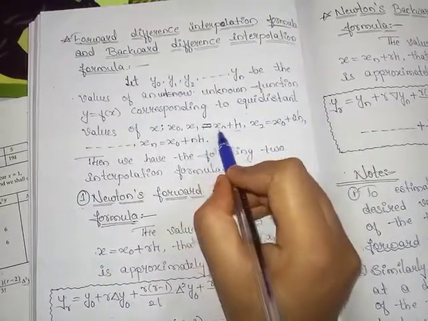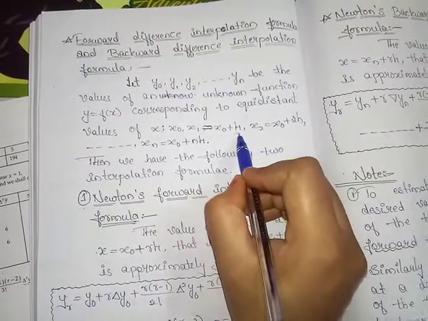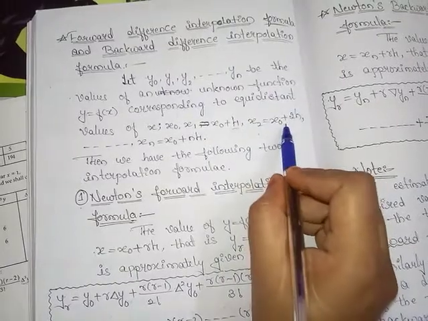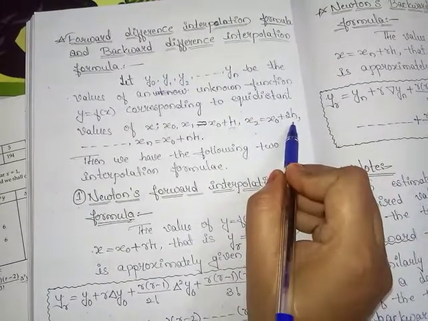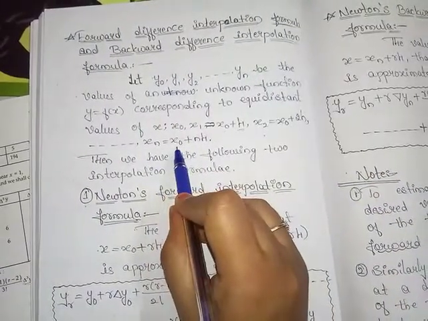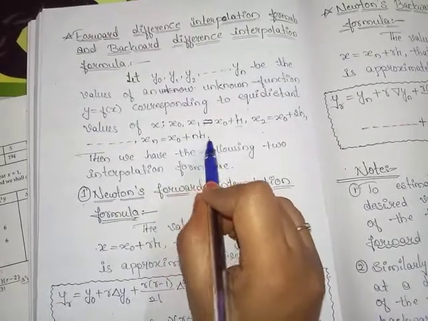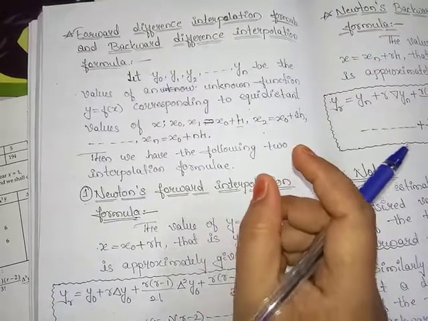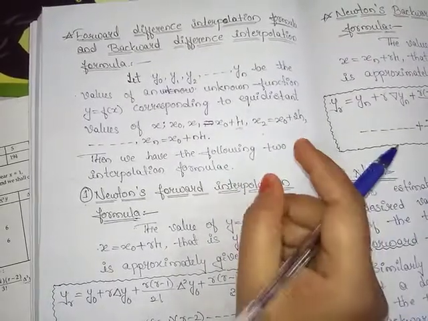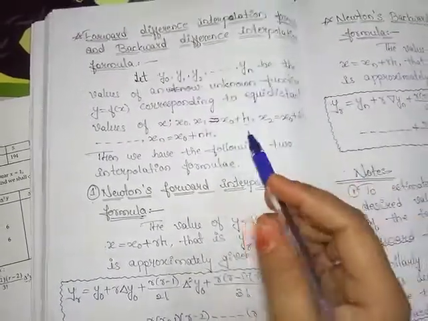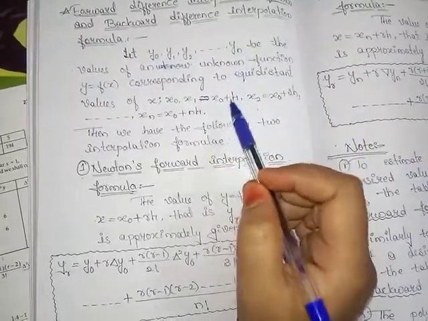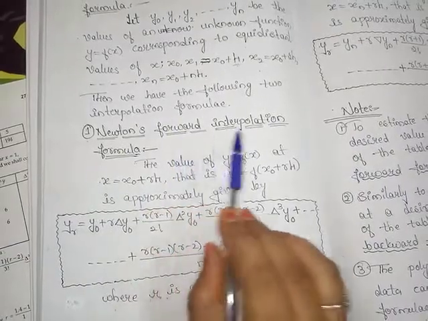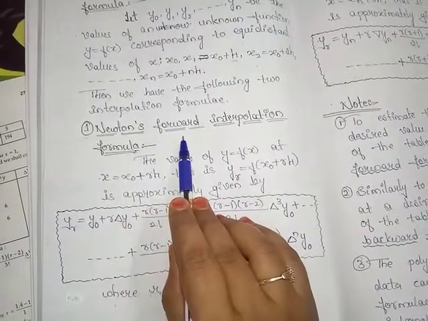For x1 we add x0 plus that common difference. For x2 we add x0 plus 2 into that common difference, and so on to xn is equal to x0 plus n into that fixed difference. We will get values of x which have a common difference or a fixed difference. On the basis of this concept, we derive two formulas. The first formula is